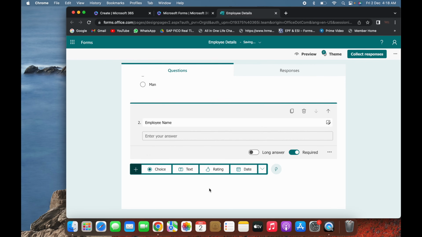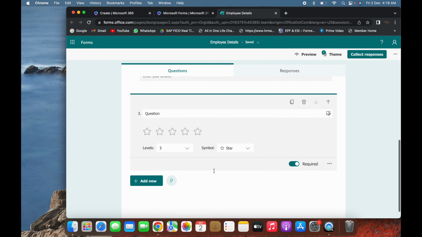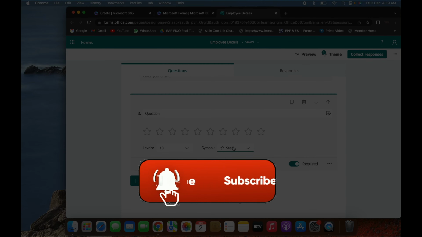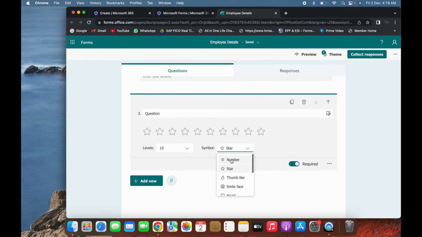Add new and click on Rating. You can use this rating as per your convenience, like level 5 for stars, or if you go ahead with 10, then 5 more stars will automatically be added. The symbol is a star. If you are willing to use any other symbol, you can do so.